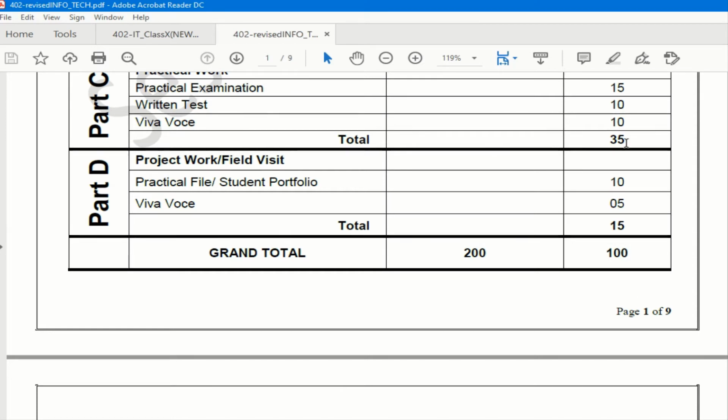The remaining 35 marks for the practicals, we will let you know as and when we get the guidelines from the board about how it has to be conducted or whether it will be included in the theory part. We have still not got any guidelines, as many schools, in many places like ours, are still to reopen, and we have not got any clear guidelines regarding how practical exams for the board exams will be conducted. As and when we get any intimation, we will inform you. But in the meantime, please see to it that this practical file or student portfolio file is ready.